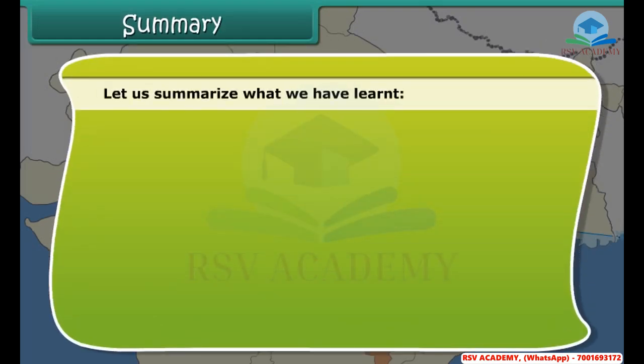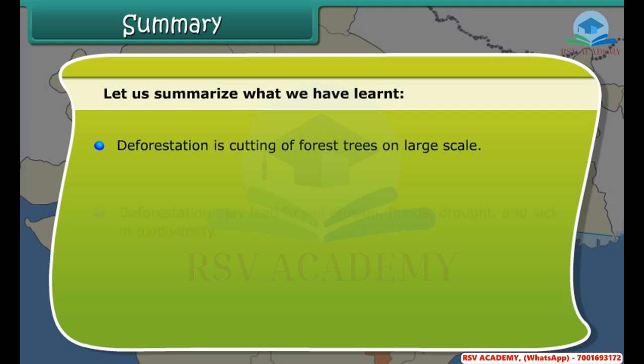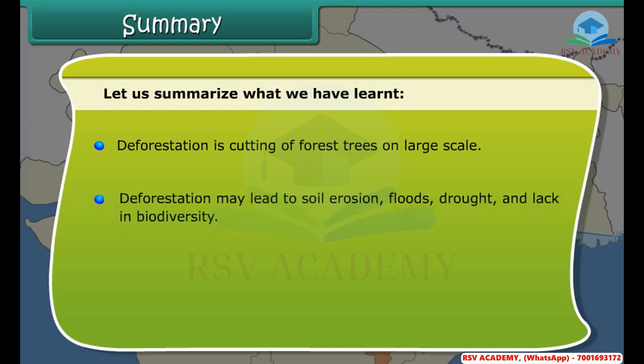Let us summarize what we have learned. Deforestation is cutting of forest trees on a large scale. Deforestation may lead to soil erosion, floods, drought and loss of biodiversity. Wildlife